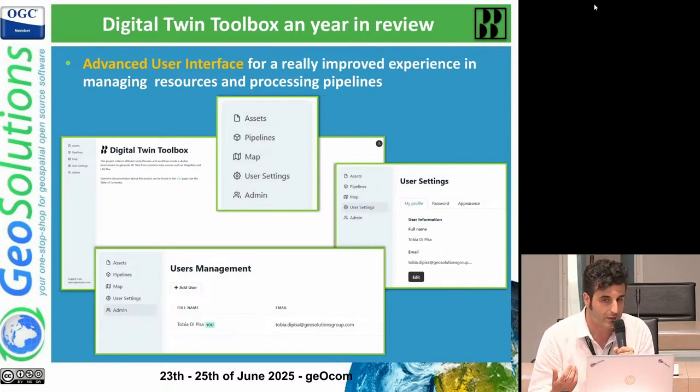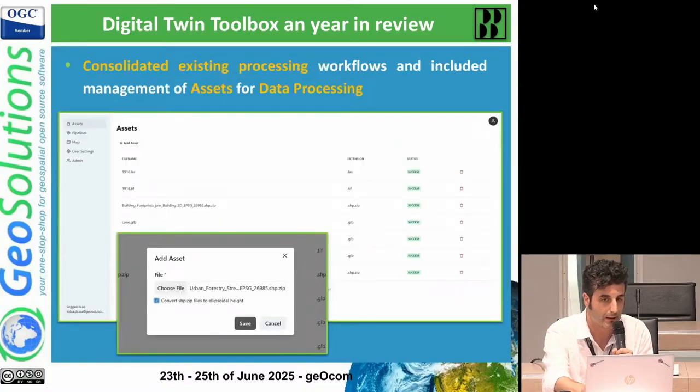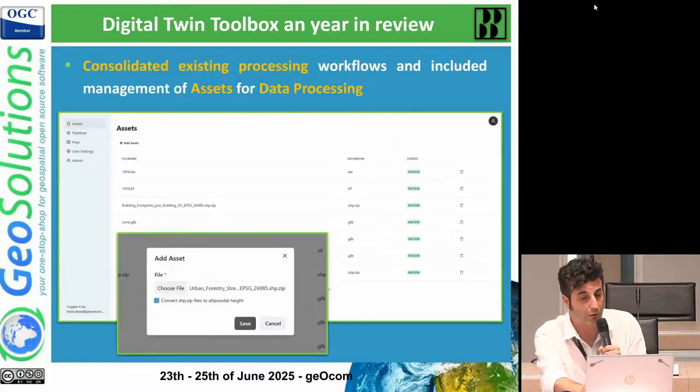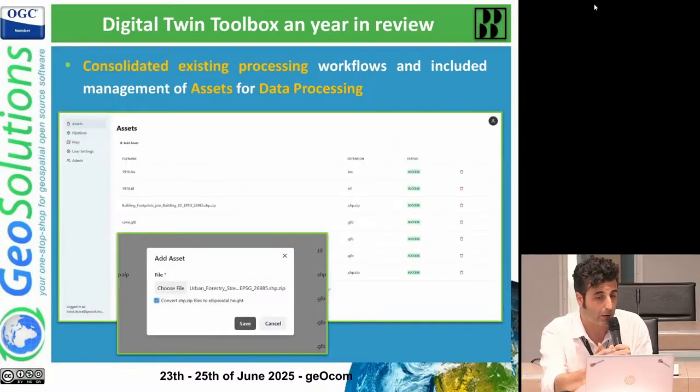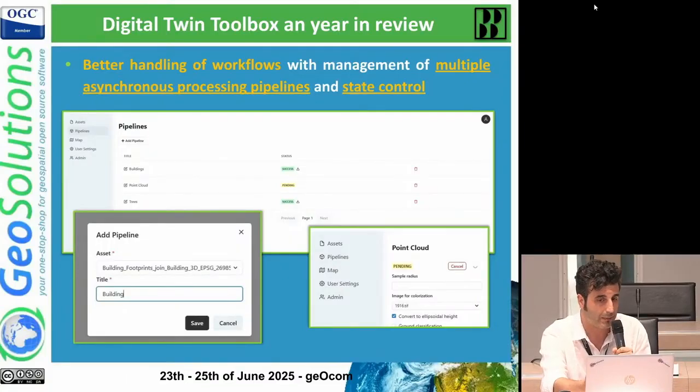For managing users, and there is, as you can see, a side menu where all different parts of the application can be accessed, for uploading data sets ready for the processing,